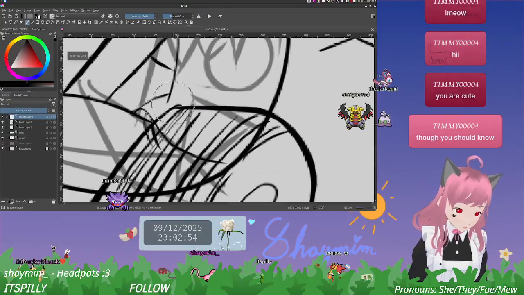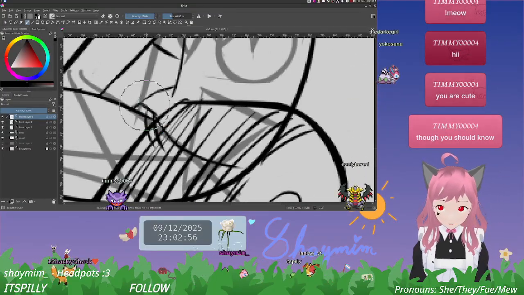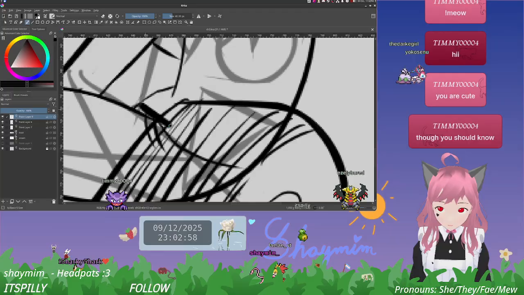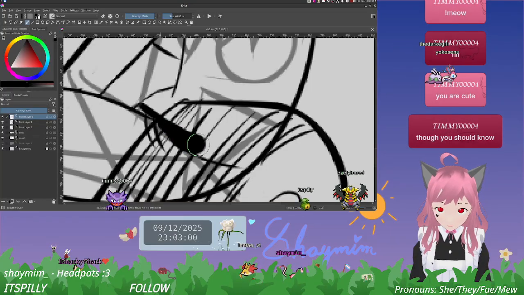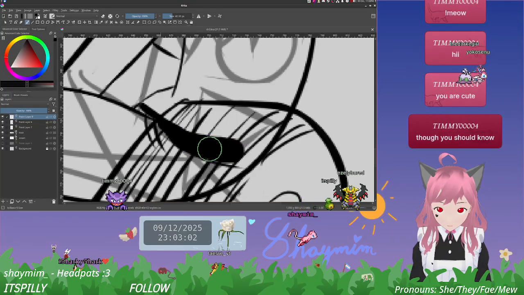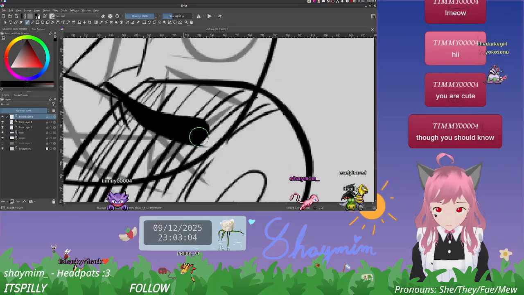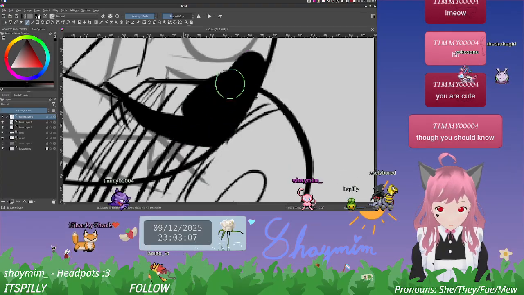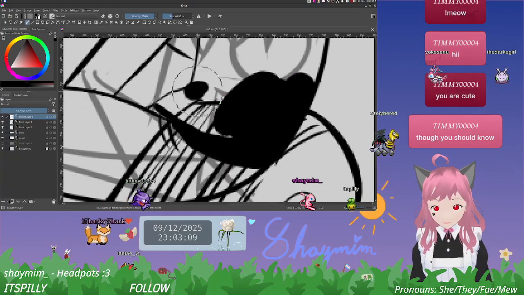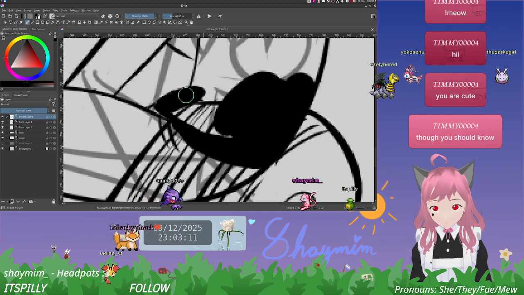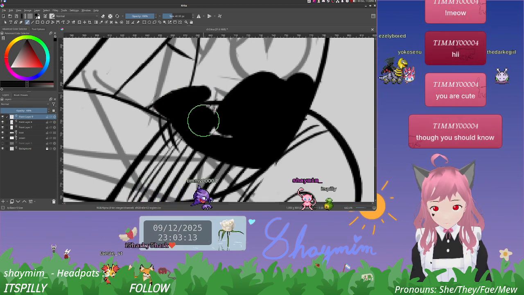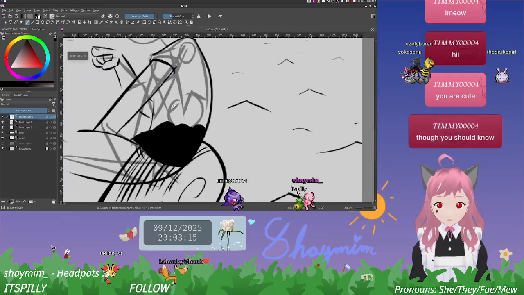Speaking of, this part here is colored in black because it is red. You only got the two colors to work with.